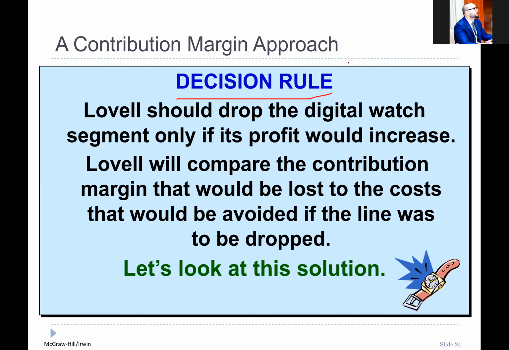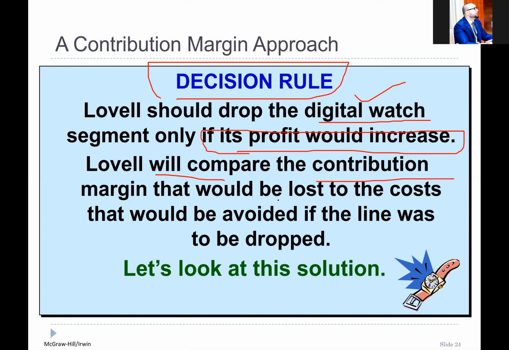Lowell should drop the digital watch segment only if its profit would increase. If by dropping this watch segment the company's overall profitability improves, then they drop it. Otherwise, they will keep it even though this watch segment is giving them a loss. So Lowell will compare the contribution margin that would be lost to the cost that would be avoided if the line was to be dropped. Let's look at their financials.